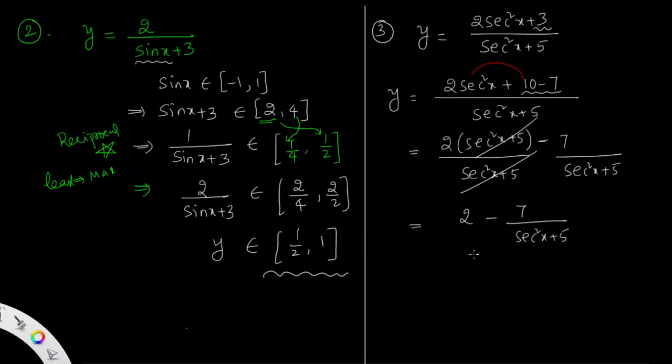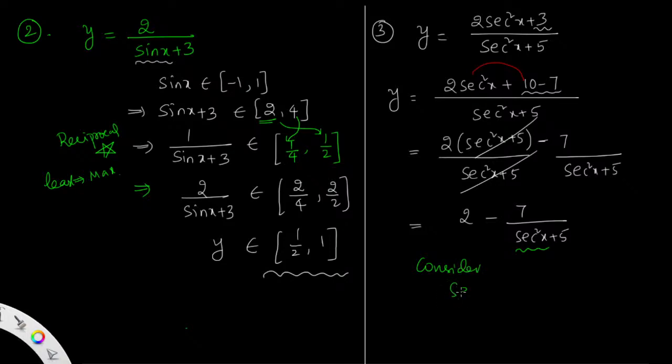Now consider the function; the value is 2 minus 7 by secant square x plus 5. Here two functions are there. For our convenience I am writing it as a single term, so that is why we do the calculation by division, and then you always take the simplified term. Now consider